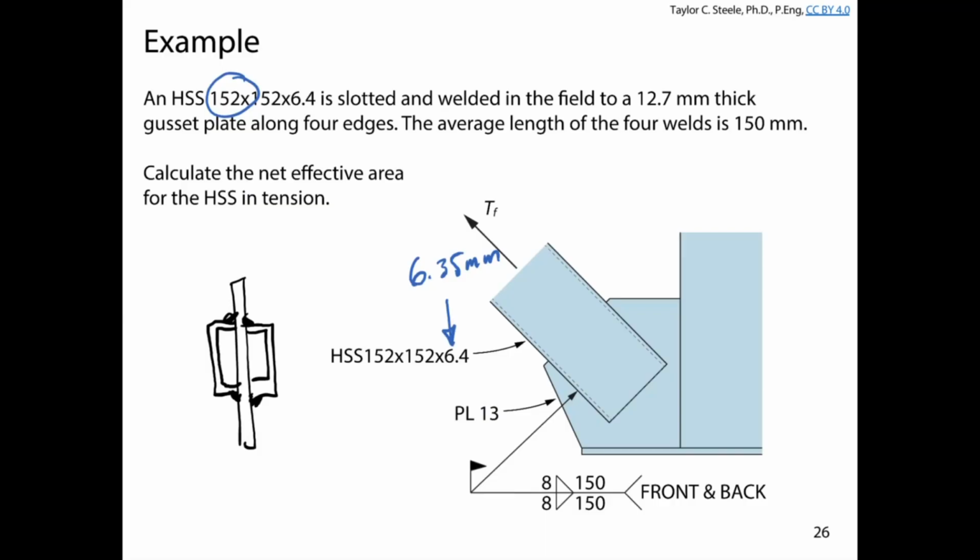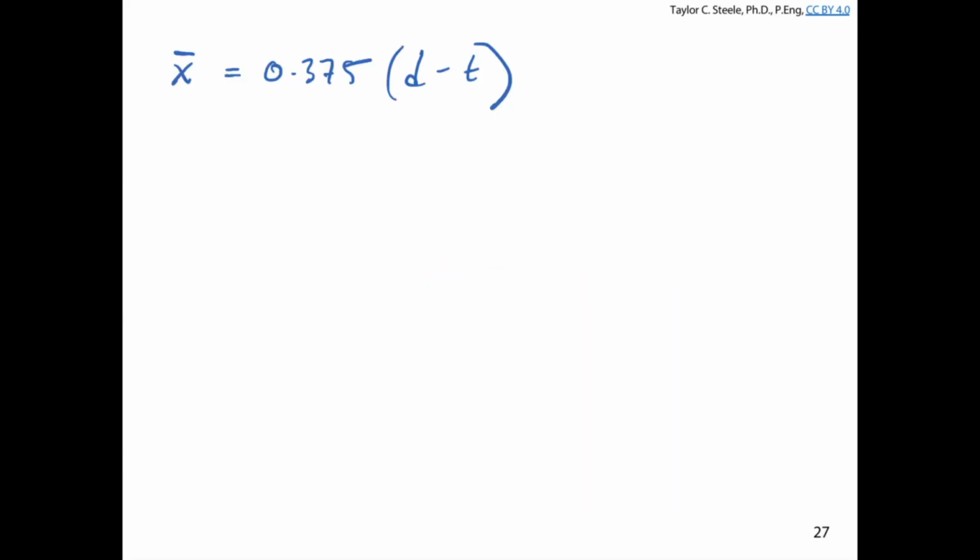But you have to go look at the handbook to find out what the exact thickness is before you plug that in and work with it. But if we do that, we do 0.375 multiplied by 152 millimeters minus 6.35 millimeters. And if we do that, we get an X bar value of 54.6